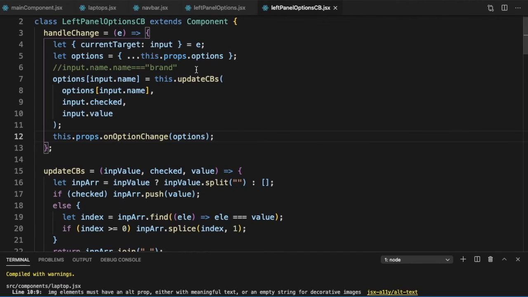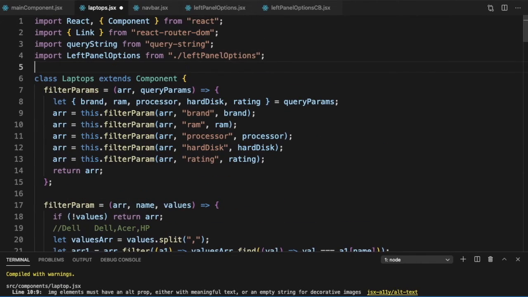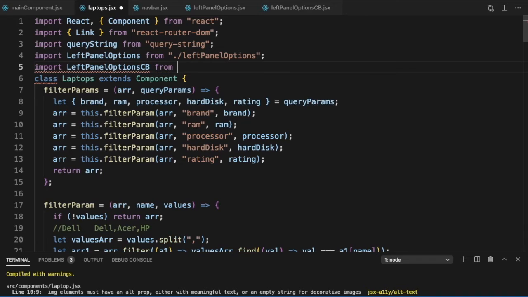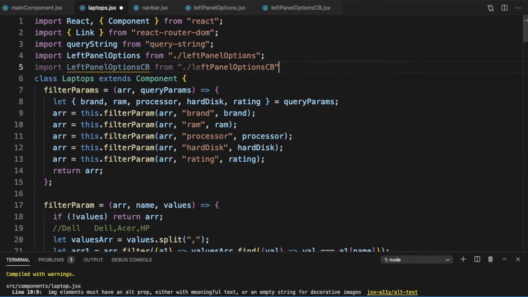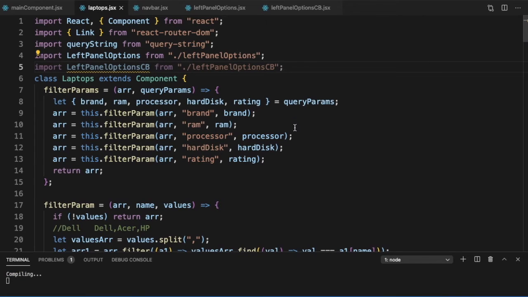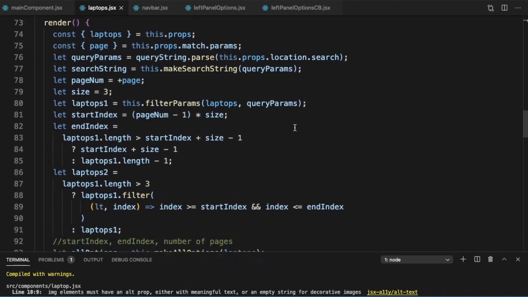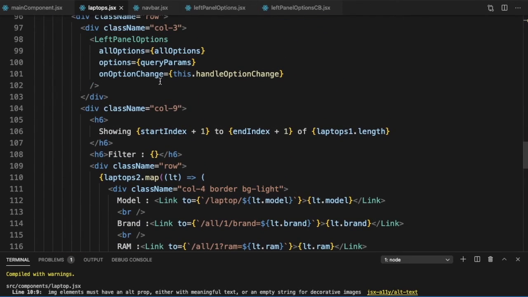Let's test it out. For testing it, we will need to integrate it. So let's say import LeftPanelOptionsCB from the file, and here in our render, instead of rendering our left options panel, let's render CB.